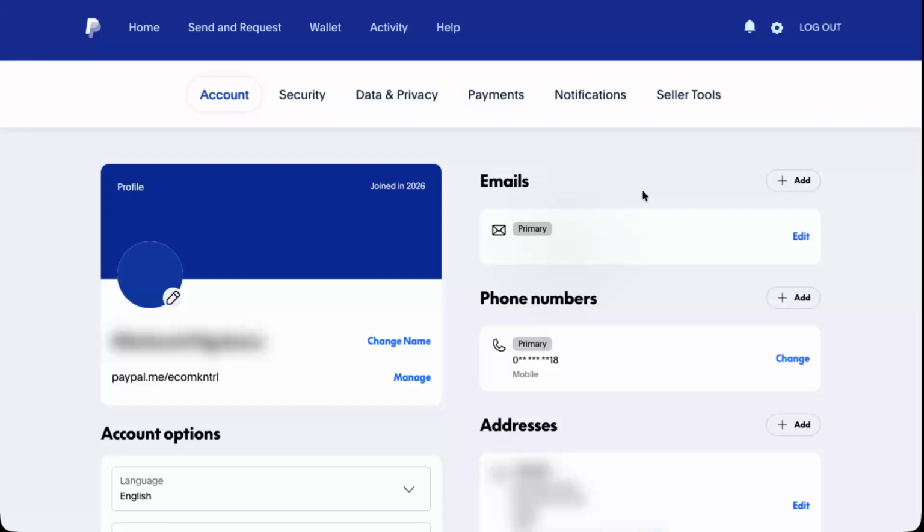So to recap in simple terms, go to your PayPal dashboard, click the gear icon in the top right to open settings, find the email section, and the email marked as primary is what